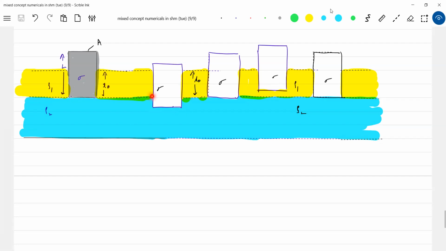Half of the time period, it'll be like this, no? It'll go and it will come. So this additional buoyant force will be acting. Then it has come to mean position. Now again, it has moved to the upper extreme. Again, it'll come back. So if you look at this, you break up this problem into two parts. For half of the time period, the additional buoyant force will come from here. For half of the time period, the additional buoyant force will be due to this one. So let me take this arbitrary position. FB, mg, then the acceleration, let it be like this.